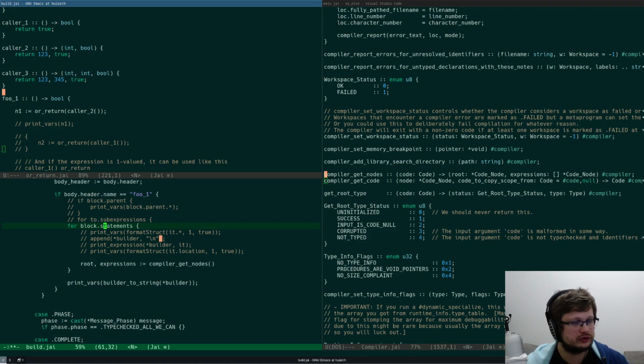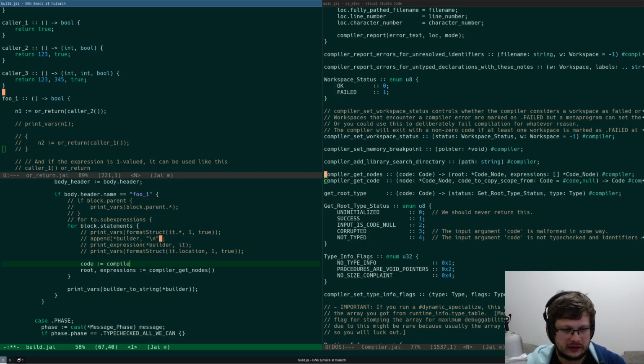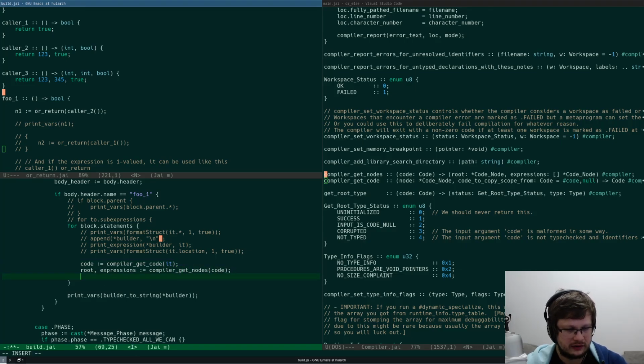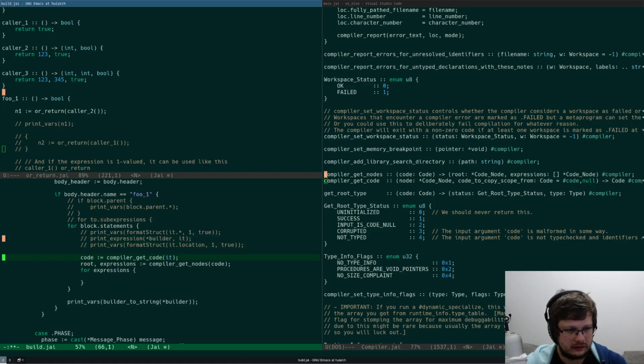Because you know what I don't want to do? I don't want to switch case over every code node type and then correctly recurse into it. I don't want to do that. I just want to get flat stuff. So I guess compiler get code, and then compiler get node code. And then for expressions, I do this, I do that.